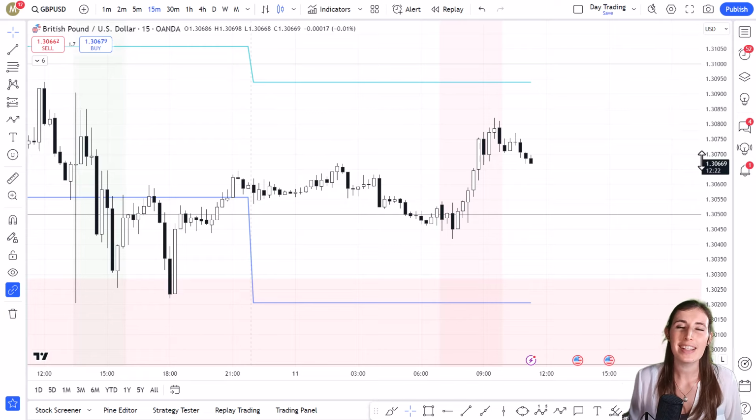And my other key takeaway from this trade recap is to always put it into perspective with the overall market conditions. So in this context, it's a market that is being quite choppy, it's slow, there's no volume. Is it really the best time to aim high? Is it really the best time to let a winner run? Not really. It's unpredictable. We've got major news coming out and we don't really know whether it's going up or down because there's no volume, there's no momentum. So it was better in this occasion to just get out and be happy with the profit I made,